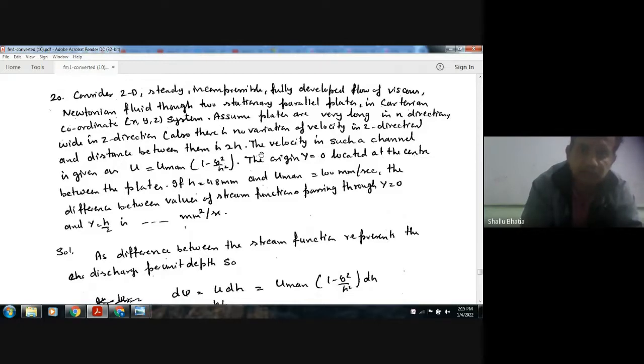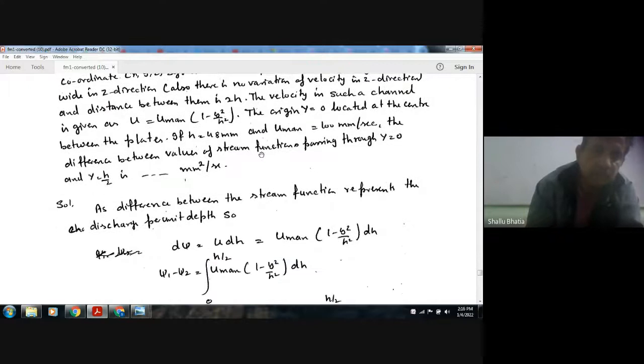The velocity in such a channel is given as u is equal to u max times 1 minus y squared by h squared. The origin y equal to 0 is located at the center between the plates. h is equal to 48 mm, u max is equal to 100 mm per second. The difference between the values of the stream function passing through y equal to 0 and y equal to h by 2 is